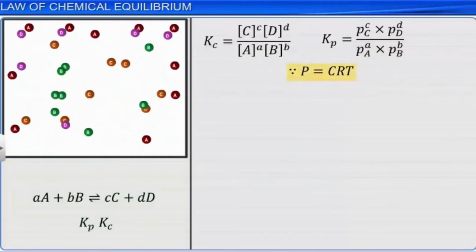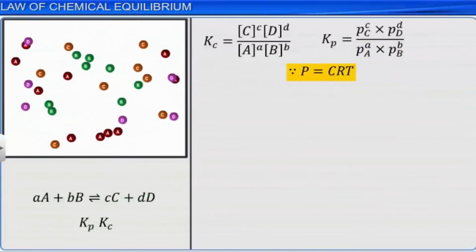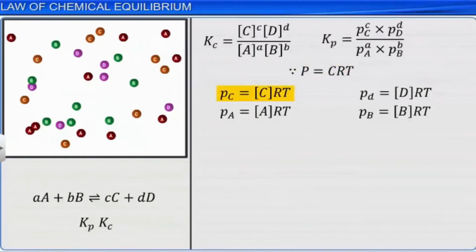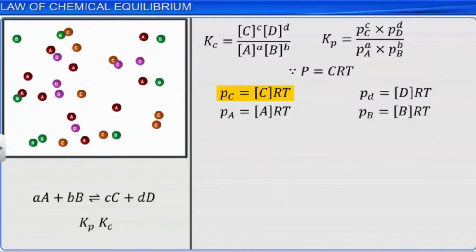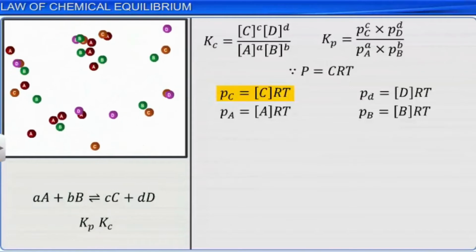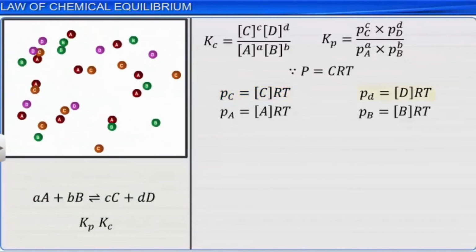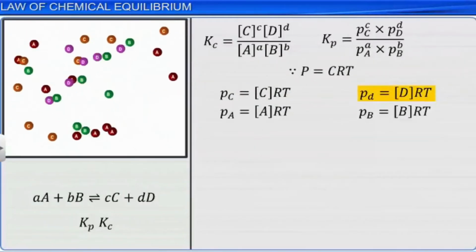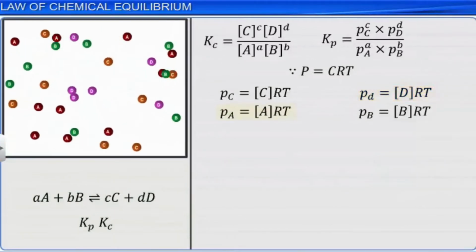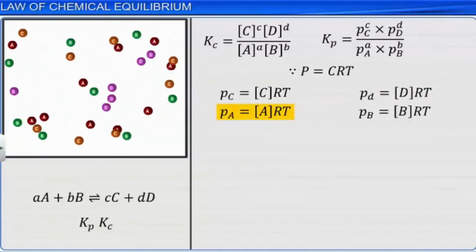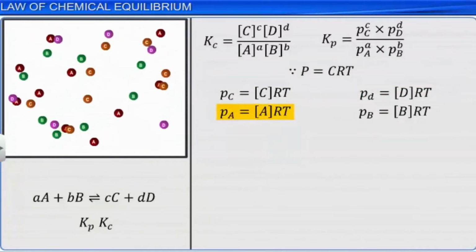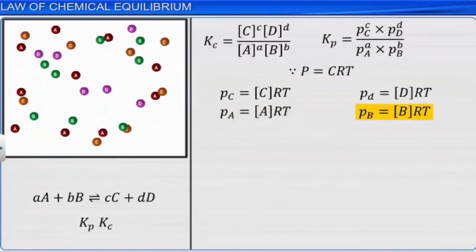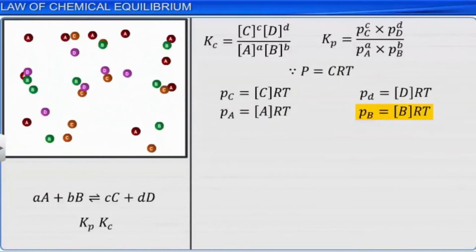Since P is equal to CRT, it can be written as: partial pressure Pc is equal to the concentration of C multiplied by the product of R and T. Partial pressure Pd is equal to the concentration of D multiplied by the product of R and T. Partial pressure Pa is equal to the concentration of A multiplied by the product of R and T. Partial pressure Pb is equal to the concentration of B multiplied by the product of R and T. Therefore,